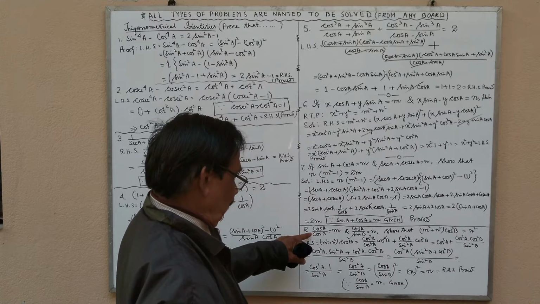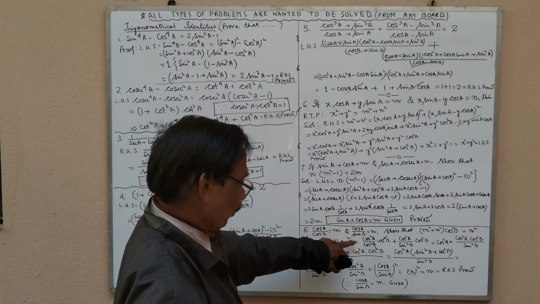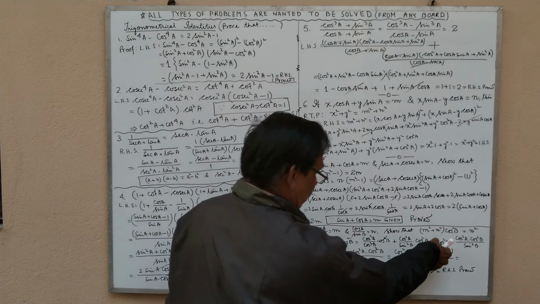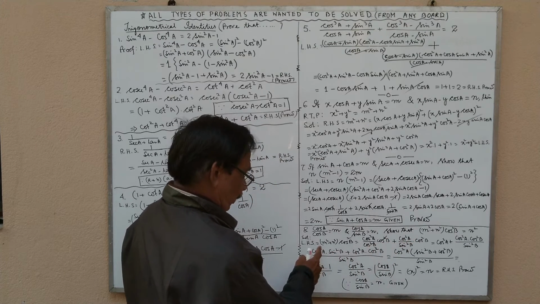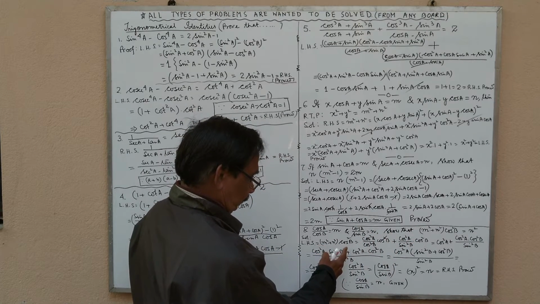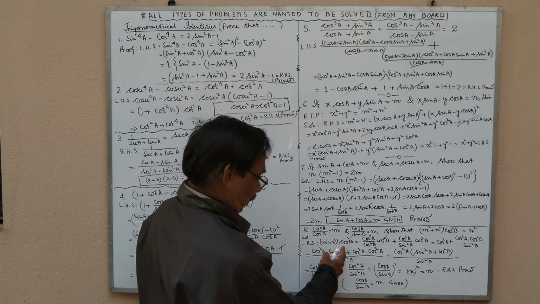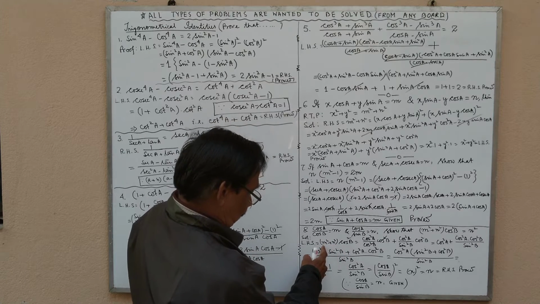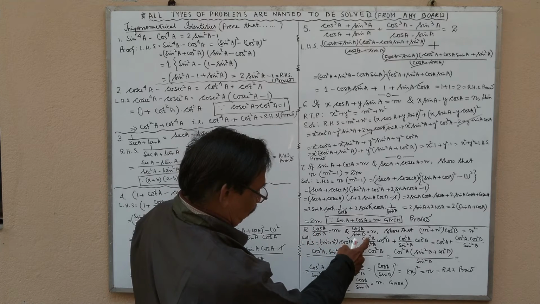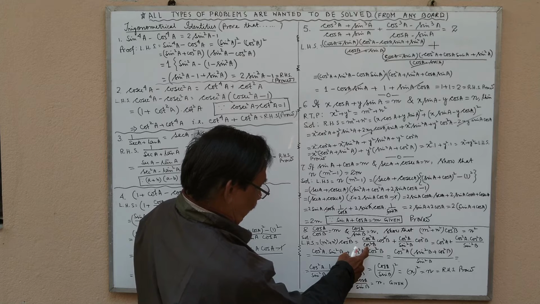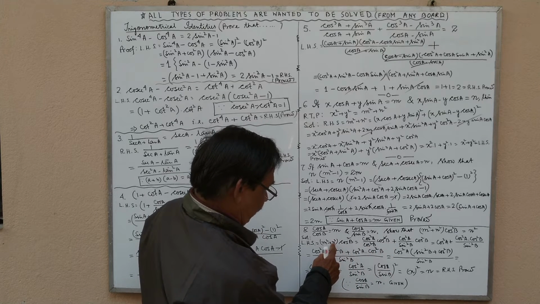Again, let us take cos a by cos b equals m and cos a by sin b equals n. We have to solve this one. Let us take the left side: m square plus n square, into cos square b. Now m equals cos a by cos b, so m square will be cos square a by cos square b, into cos square b, plus n square.